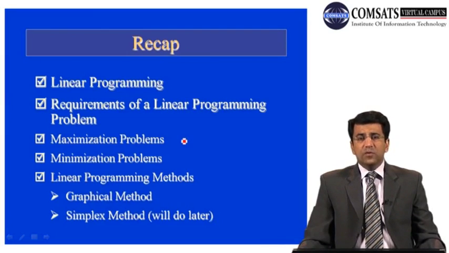Then there are also some non-negative constraints, which are sometimes there in these kinds of problems. For example, if you are interested in some decision variables, x1 and x2, of course the value or the quantity of the product x1 or x2 cannot be negative. So in this case there will be a non-negative constraint, that is x1 and x2 will be greater than or equal to 0. Such constraints are generally referred to as non-negative constraints.